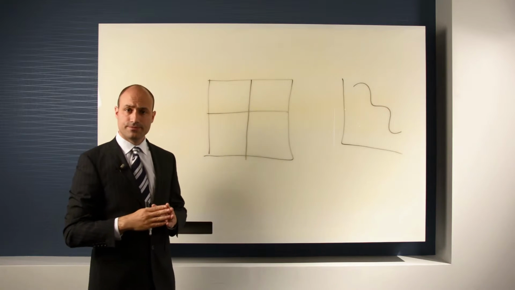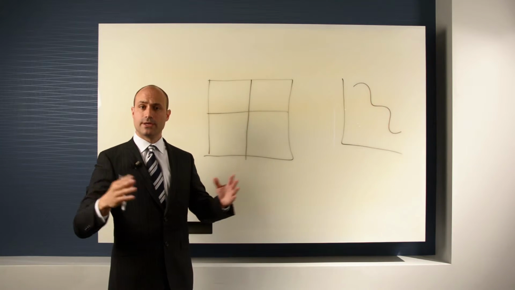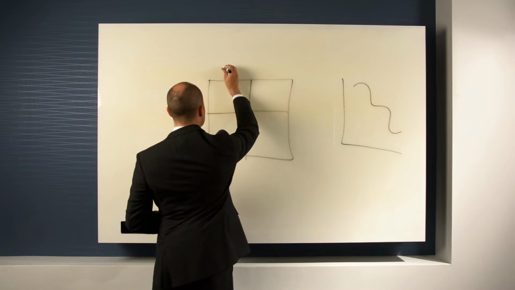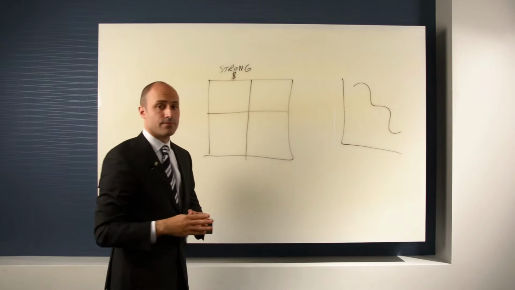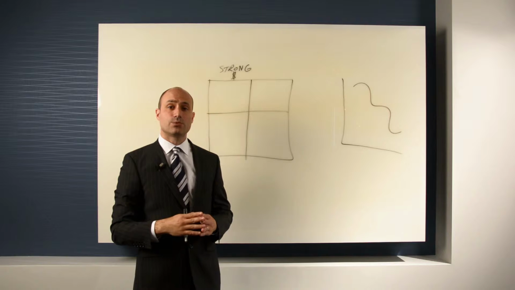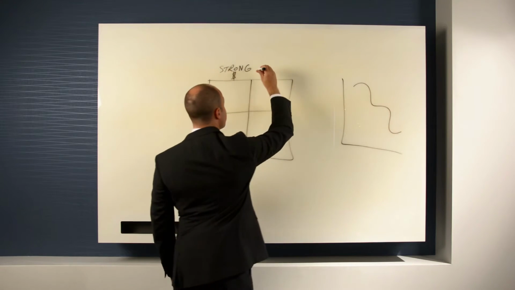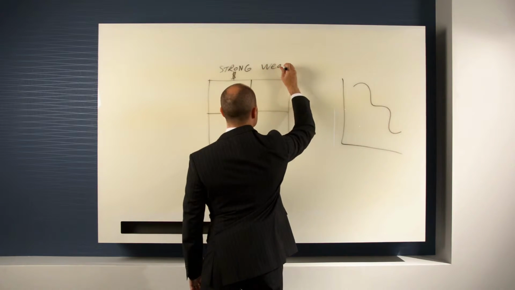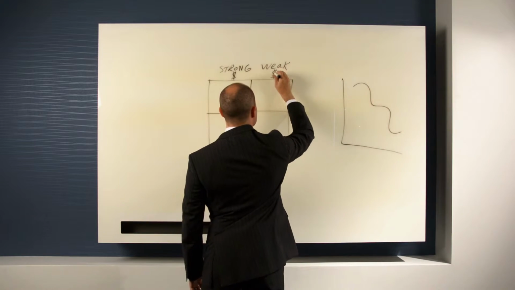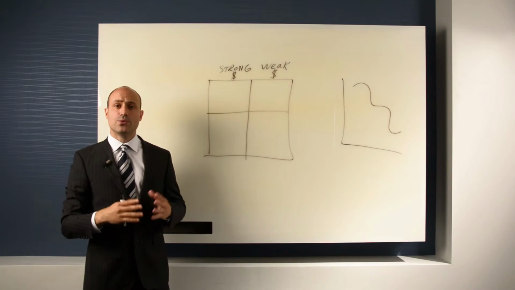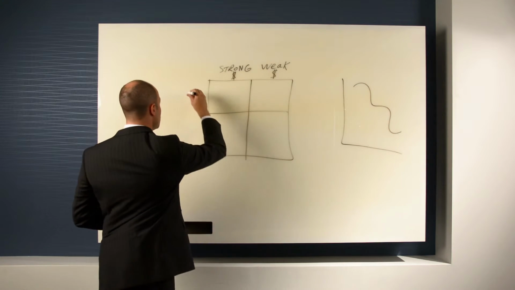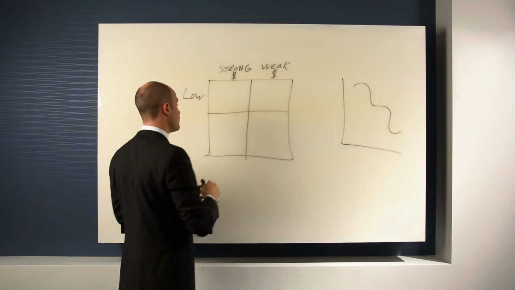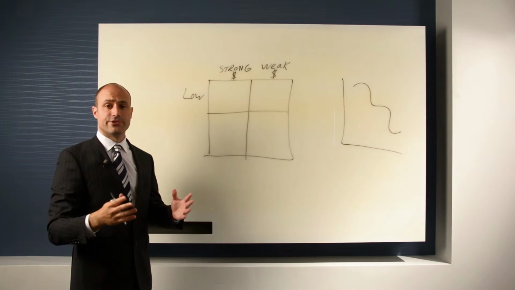When we think about the dollar, we can have periods where the dollar is strong and strengthening. Alternatively, we could have periods where the dollar is weak and weakening. On this side, we're concerned about inflation. We could have periods where inflation is low. Alternatively, we could have periods where inflation is high.